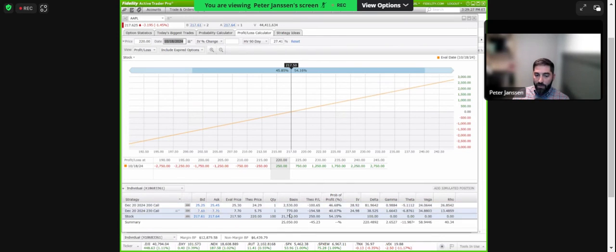But if you don't get that move heading in the right direction from that directional thesis standpoint, you're going to notice that these deltas are going to begin to fade a bit, and that time decay is going to begin to chip away, all things equal, at a higher clip than the in the money contract would be. So that's part of what we talk about. Hey, what's the trade look like not only when it's going right, but potentially if things aren't doing what they're supposed to.